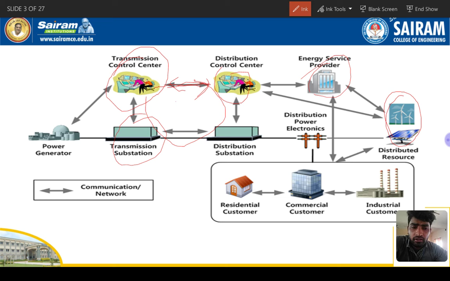We are generating solar power of 212 kilowatts in our college as a service provider. It goes directly to the distribution control system center. I just told you, whatever power we generate in the solar power plant, we are not utilizing that power. It goes directly to the distribution center, I mean directly to the government. After that, from the government we take our power supply.